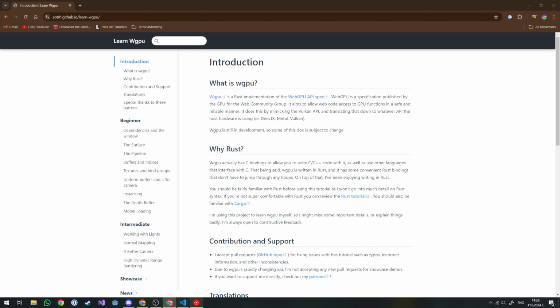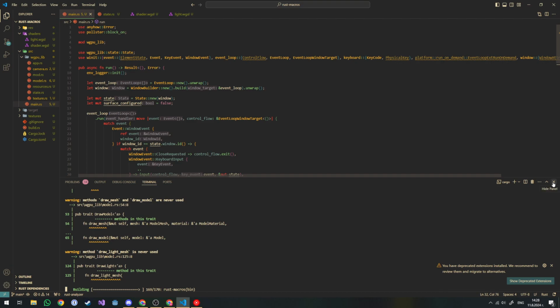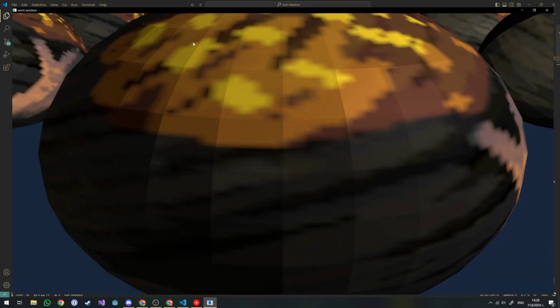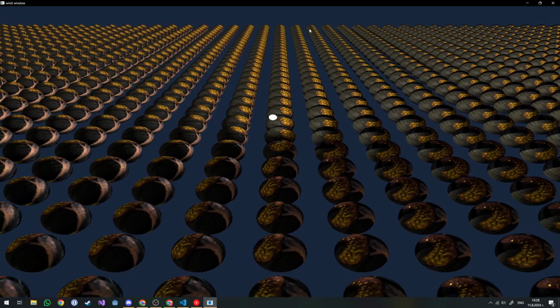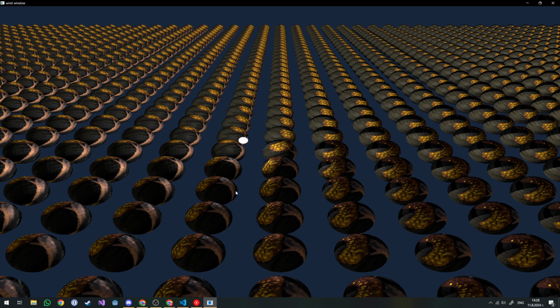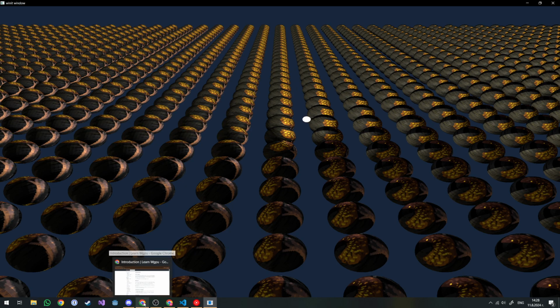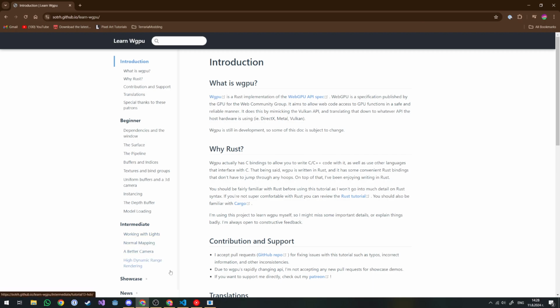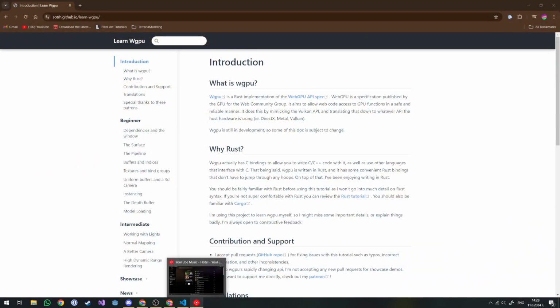So, last time we finished lights. There's still some problems. For example, as you can see, a single light can light up the entire scene, which is not a very good thing, at least in my opinion. I don't think it's going to be fixing it, so I'm not really going to be looking into that right now. But after I finish this, I'm probably going to look into a better way of making not camera lights. So, yeah. So now that that's out of the way,